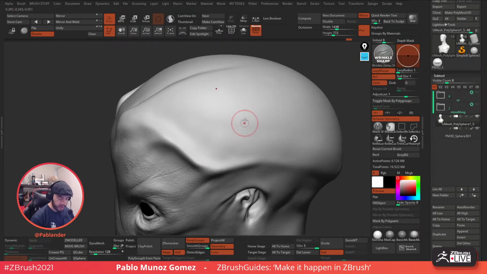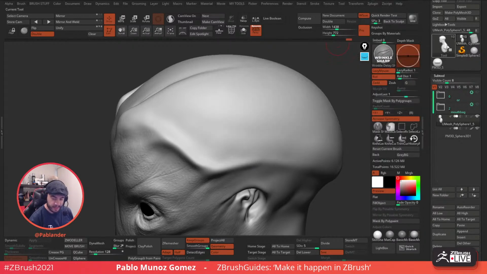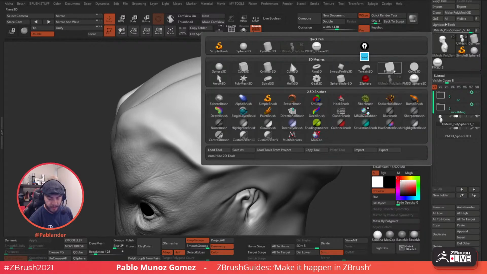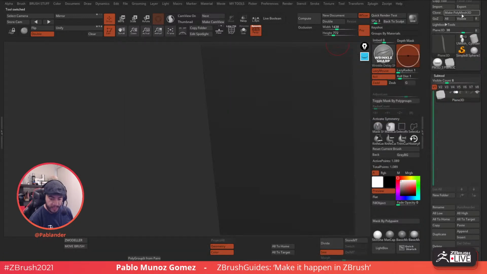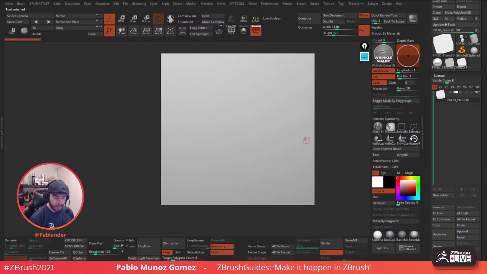What I like to do with this one as well is patterns. That's another cool thing about these brushes, is that you can create your own alphas. So you can just bring in a plane. Let me just show you. Forget about the polypaint, I'll show you this later, and we'll do the polypaint in the next session. So if I bring a plane 3D, make it 3D like so,